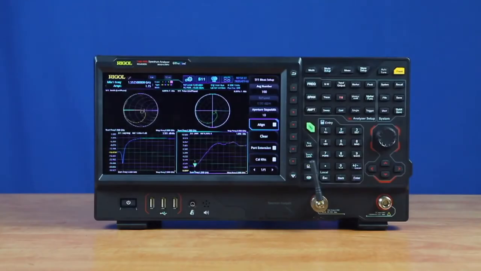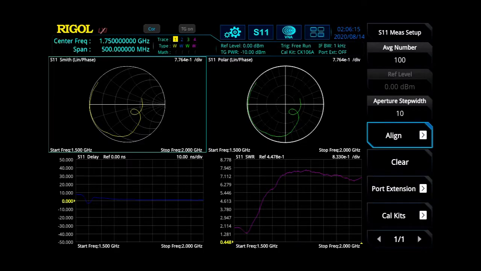S11, or forward reflection coefficient, allows engineers to quickly visualize and measure their component's response on a Smith chart and polar plane while measuring their component's magnitude and SWR. I've already gone ahead and calibrated our spectrum analyzer so that it's set up for S11 measurements and is ready